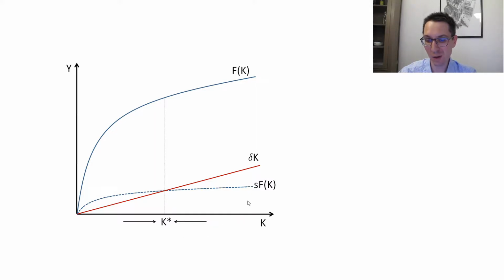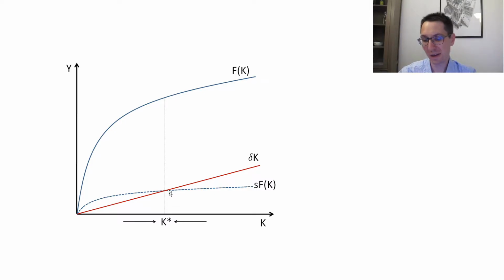So if I change some of these parameters, then of course this steady state will change. All right, can we see other things on the graph? Well, yes, because when I have K star, since I know everything else, I know the size of my economy, I know investment, then I can deduce everything about everything that's going on